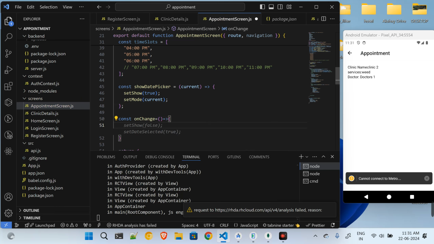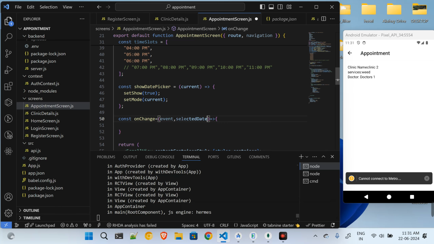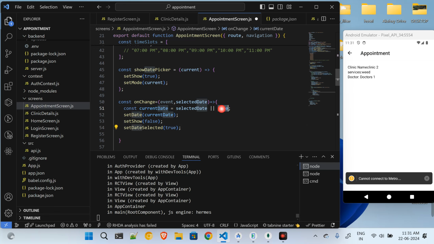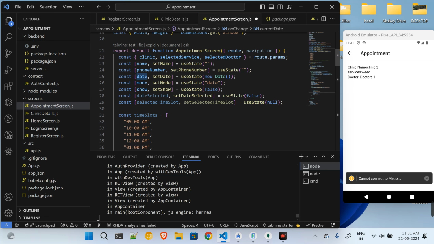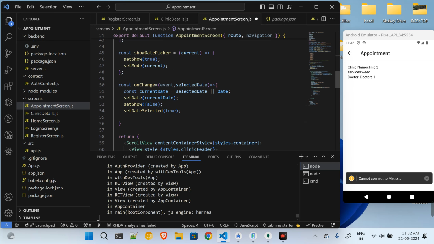So this on change event, basically it will take the event and selected date. Okay, so I'll say constant current date is equal to selected date or the date as of now. So this date will come from this new date, which is basically the current exact moment date. And after that, I'll say set this show to false and set the current date, set date as current date and